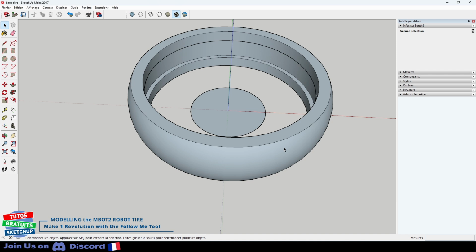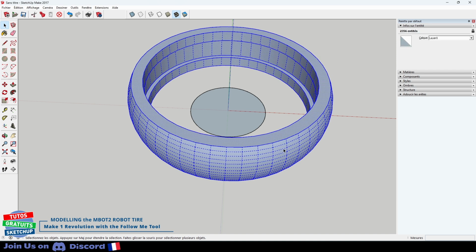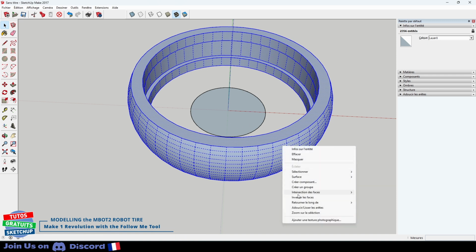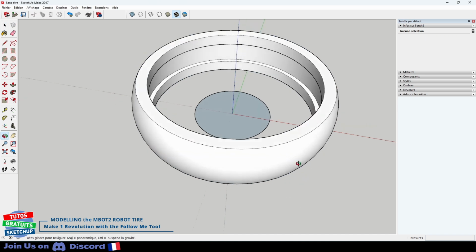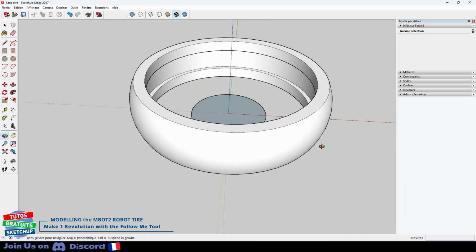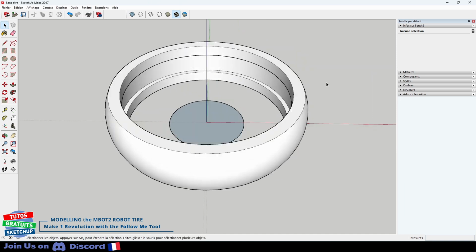I triple click. 1 to 3, it selects my whole tire and not the circle. I right click on the tire. I go down to flip faces. I click outside to deselect. This flips my faces right side up. As for the beginner part, let's say we're done for today.